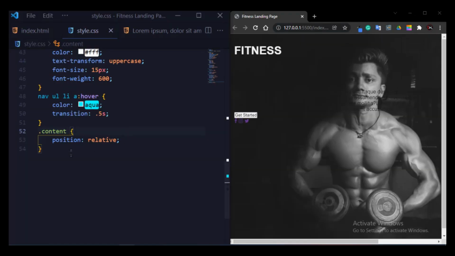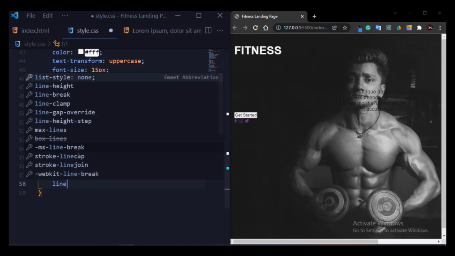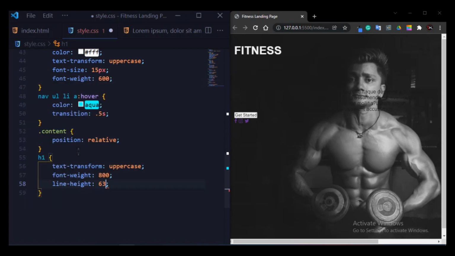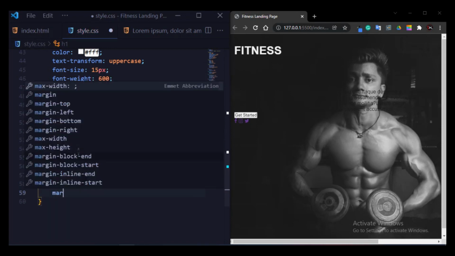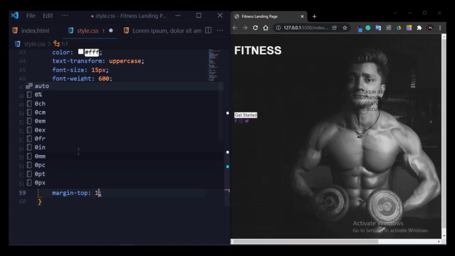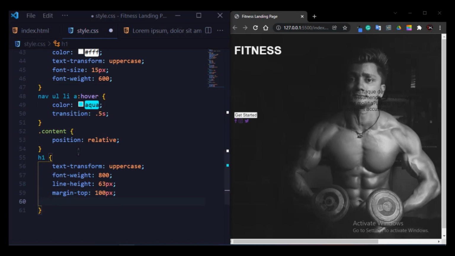So guys, now I will write CSS for my heading h1. So simply I will write here h1 and now I will write text transform uppercase and font weight 800, line height 63 pixel and margin top 100 pixel, font size 45 pixel and now color white.